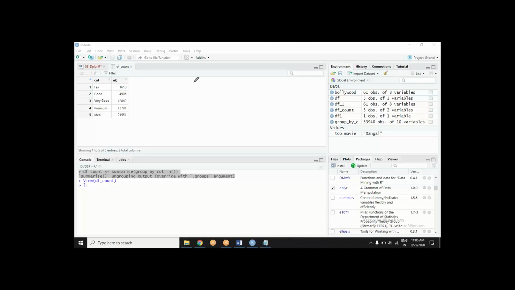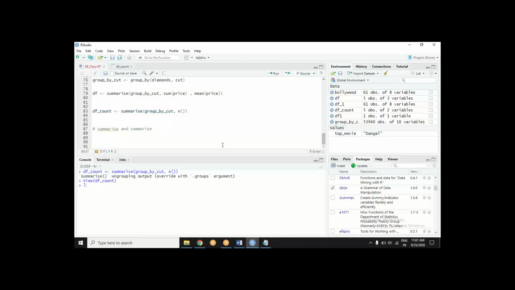One more thing which comes in handy is, remember alias, this column name. This column name doesn't look nice. This is okay. I can see the cut quality. That is fair. But this n bracket is not looking nice. So there is a way in dplyr to give an alias.